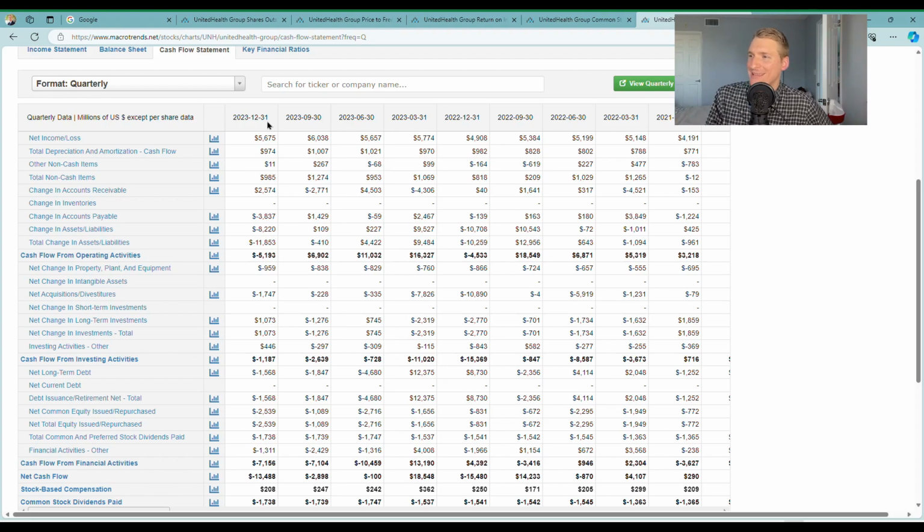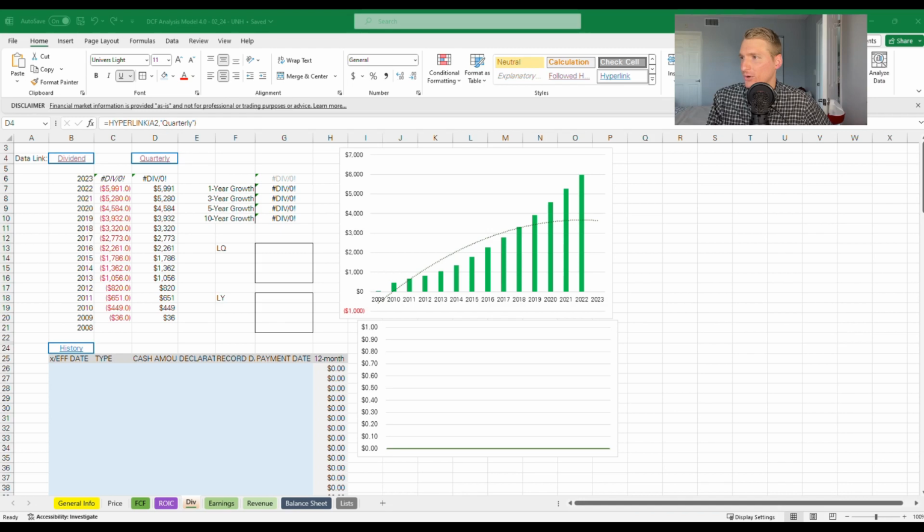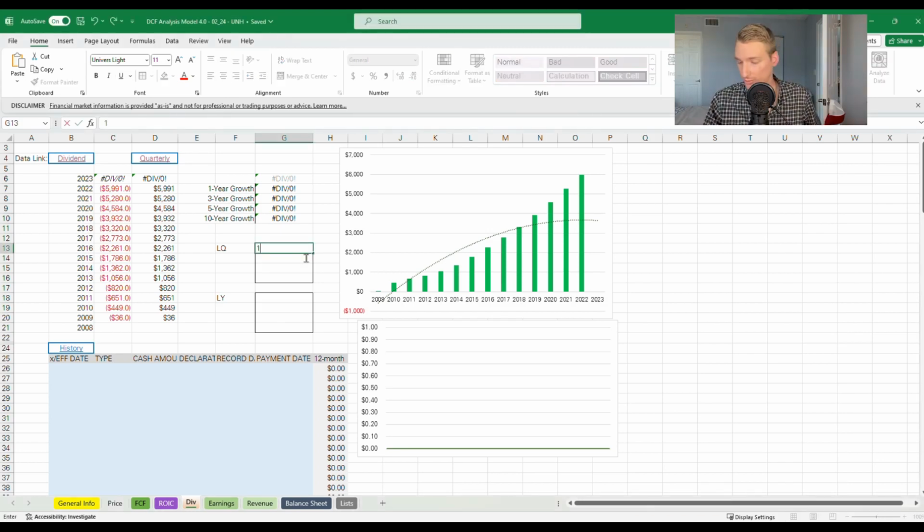So I'm going to do this as if we only have through September's data. I'm going to enter September, June, and March from 2023, which is 1738, and the quarter before that, which is 1739. And the quarter before that was 1747. And the quarter before that was 1537. And going back to 2022 in those same corresponding quarters, let's see, I have September, we have